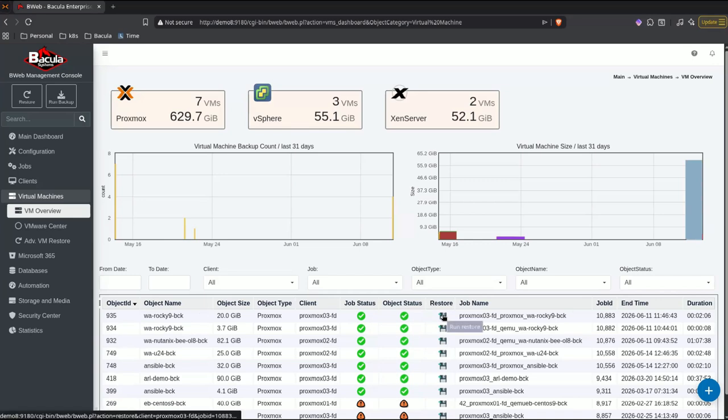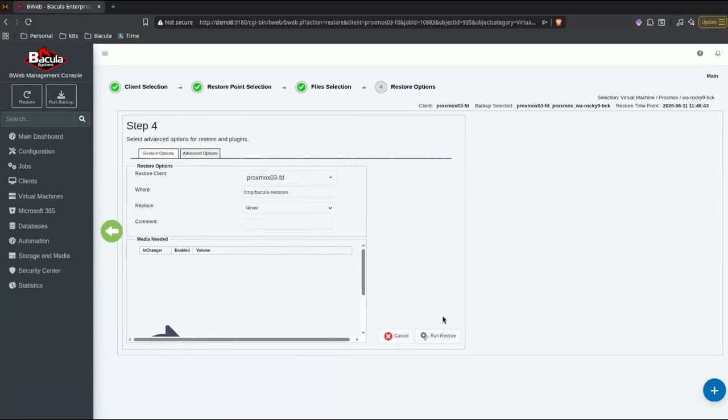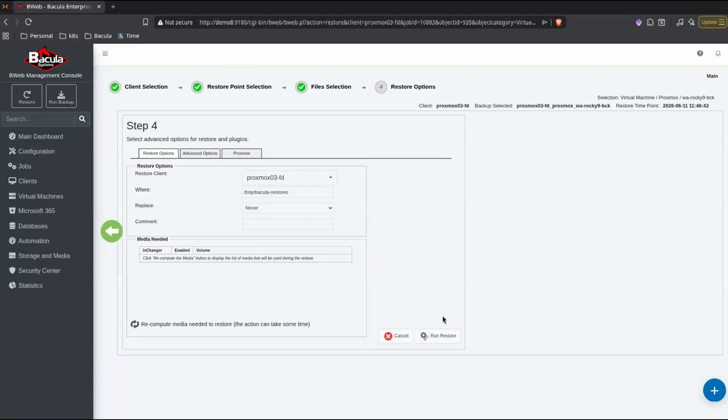If we choose to restore from here, Bacula knows everything about this job, the file set that was used, what was backed up inside of it, and it knows how to find everything it needs for this object, so it's going to skip the first 2 or 3 questions: the client, the job, the file set, and everything else. And it brings us to step number 4, where we decide how we're going to go ahead and restore this